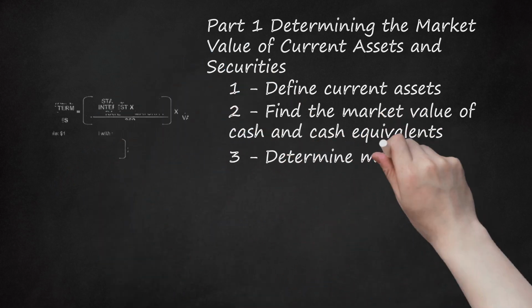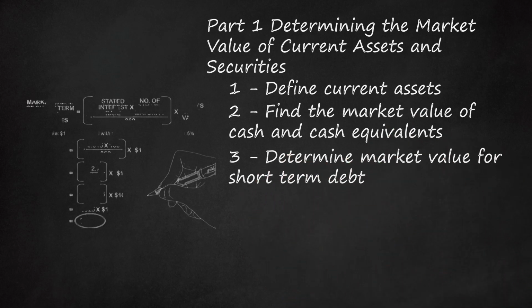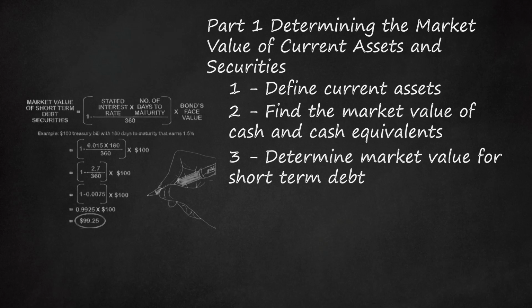3. Determine market value for short-term debt. For short-term debt securities like treasury bills, the market value can be calculated using the stated interest rate and the number of days until maturity. For example, a $100 treasury bill with 180 days to maturity that earns 1.5%, 0.015 in decimal form. Start by multiplying the interest rate by the days to maturity to get 2.7,